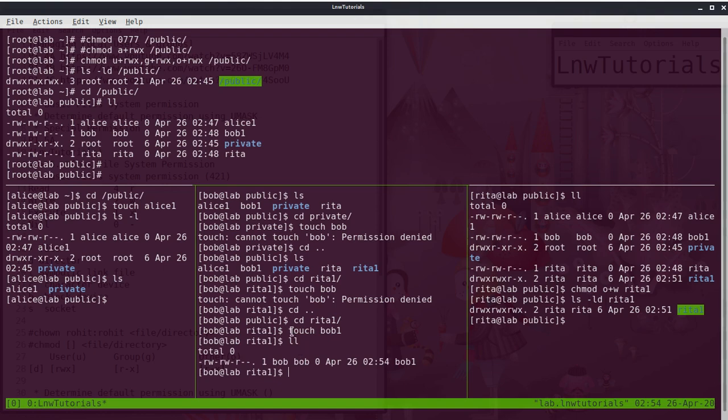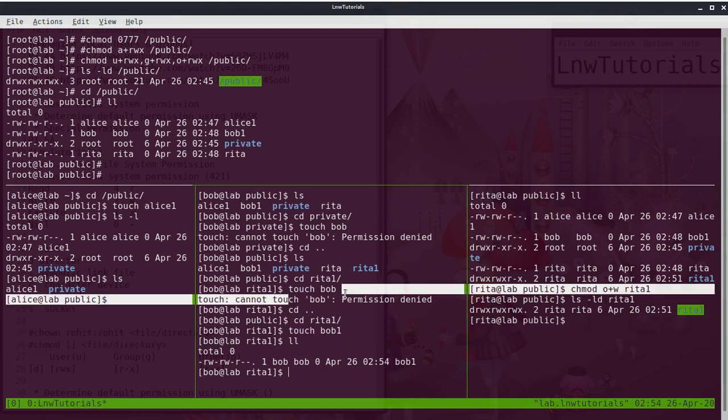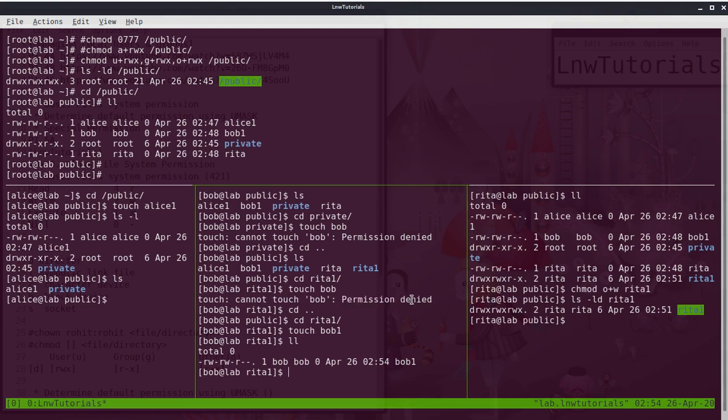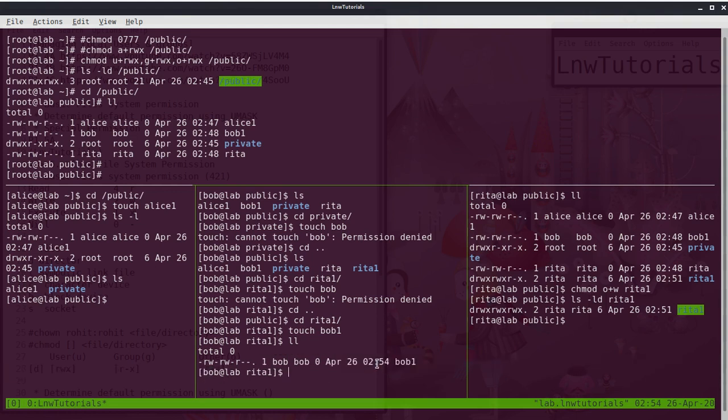This time Bob is not getting the alert for permission denied. Successfully able to create the file. Perfect. In the same way, if Alice tries, then again she is able to.